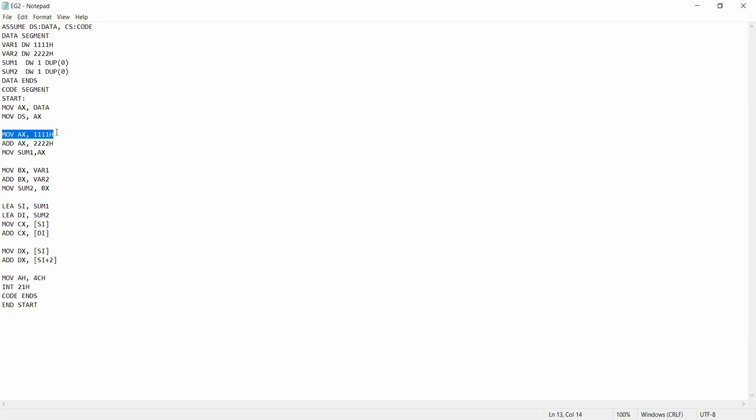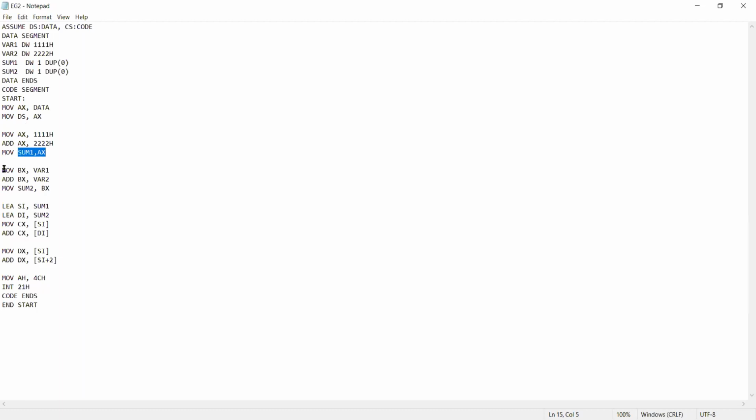In immediate addressing mode, the operand is available in the instruction itself. Next one is ADD AX, 2222H. That means we are adding the contents of AX with this value and storing the result in the AX register. After that, we are moving the contents of AX into the variable sum1.